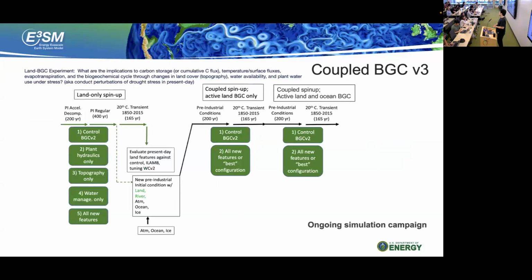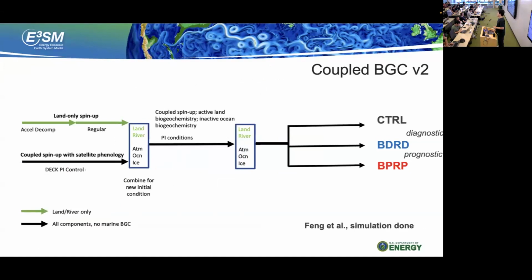And then the V3 is ongoing. We don't have a new configuration, but we do bring a lot of new features from land surface and also the ocean, a lot of ocean features and ocean BGC calibration as well. So this is just a continuation of V2. And the important message here is besides BCRC, BDRD, BPRP, you can also turn features on and off as you like.